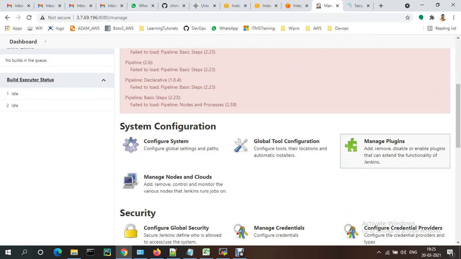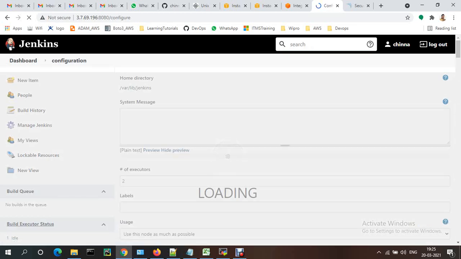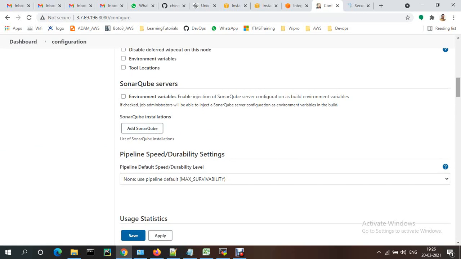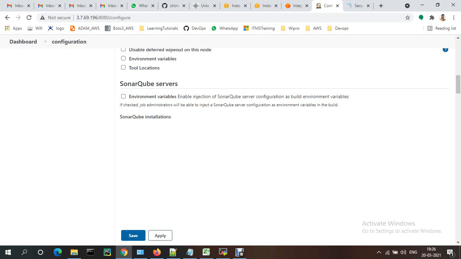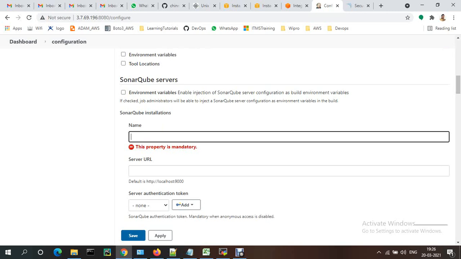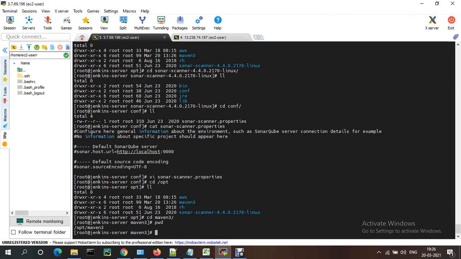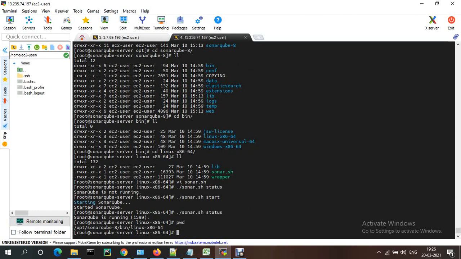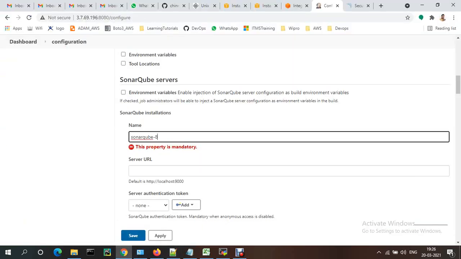Now we need to go to Manage Jenkins, under Configure System. Here the SonarQube server section is there. We need to add a SonarQube server. I'm giving the name SonarQube 8.